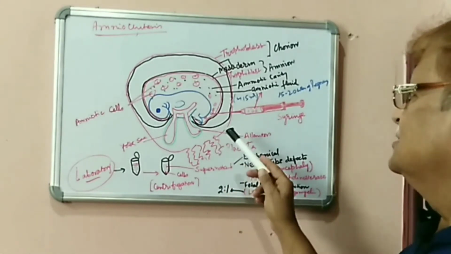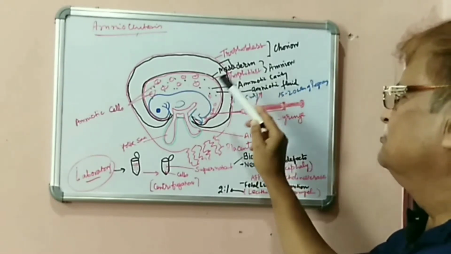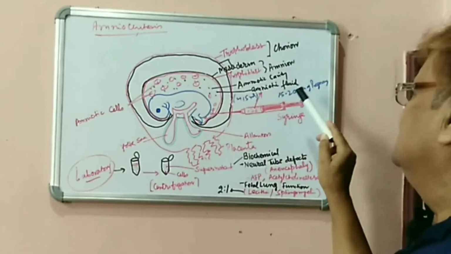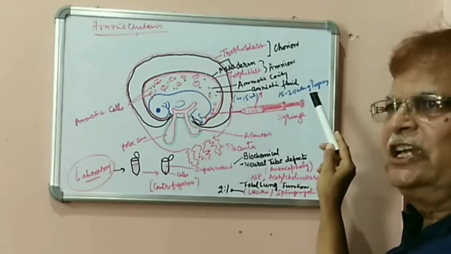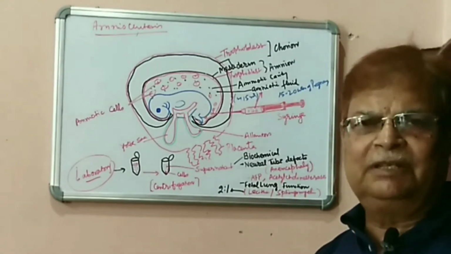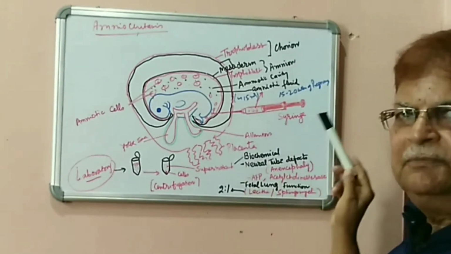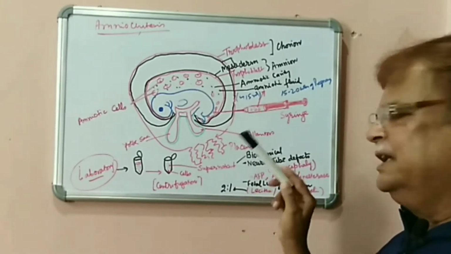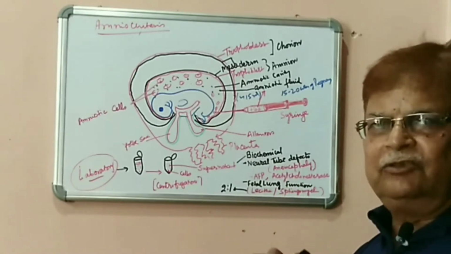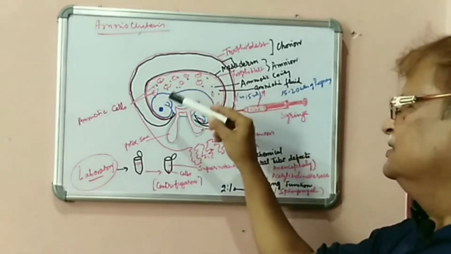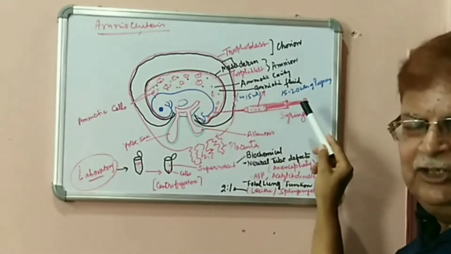Now, this amniotic fluid is taken up for study only in the second trimester, that is from 15 to 20 weeks of pregnancy. If it is taken before 15 weeks, then there may be certain complications in the pregnant woman. So this period of 15 to 20 weeks is preferred. Now, at the time of taking this amniotic fluid, under the ultrasound guidance, the positioning is conferred, and then the amniotic fluid is taken up with the help of a syringe.